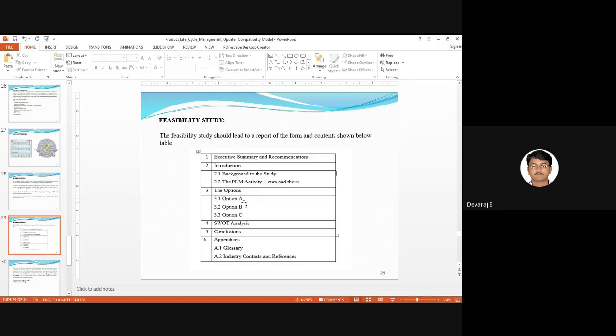Right, students, so you can analyze, sir, what has happened in the past. In the past, like 2 years back, what type of product we manufactured in the company, why it has failed, for what reason it has failed, and what conclusion I have made. Everything, if you write there, then it will be helpful for others. Right now you are working in Wipro. I don't know whether after 2 years you will go to another company. For example, if you jump to Infosys, and you make this report and give it to the company, then the other person who comes and joins Wipro can take this report and analyze it.